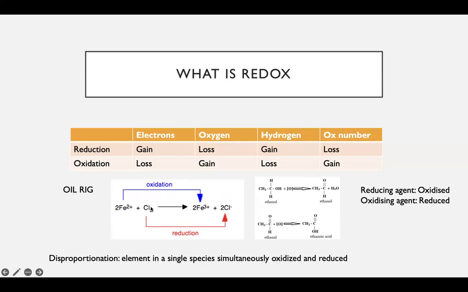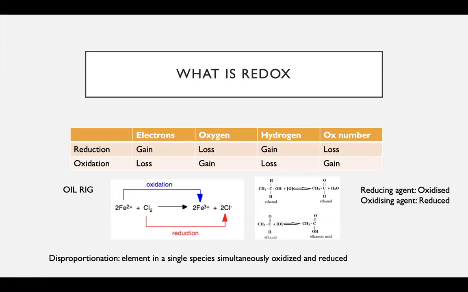It causes chlorine to gain electrons and become reduced. So that's the way to look at it. Quite a confusing concept, but just think that the iron has essentially transferred electrons to chlorines. The electrons are going from here to here, and so the iron is oxidized, but in doing so, reduces the